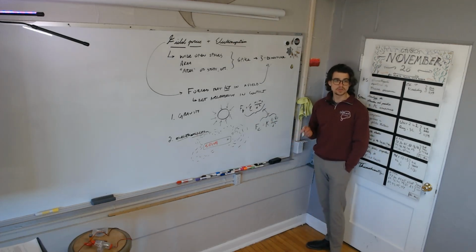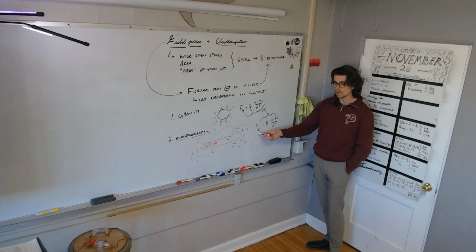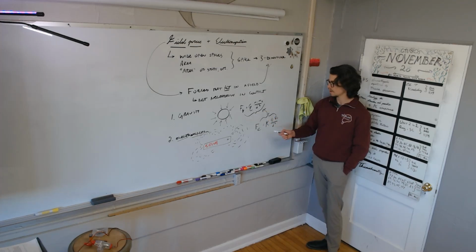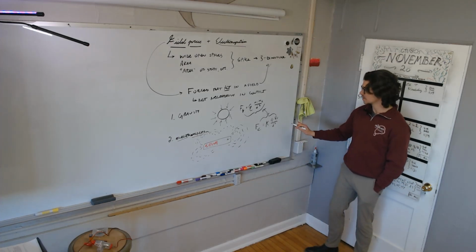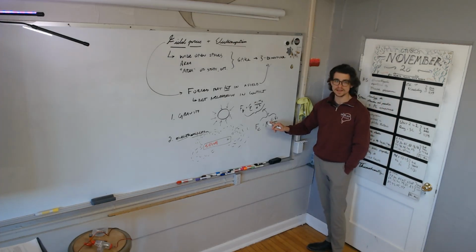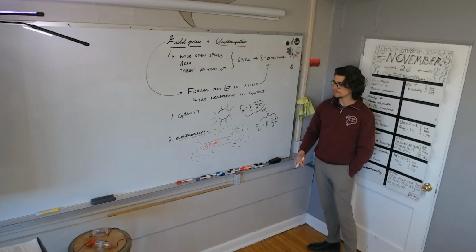The answer is yes. You should see the similarity between these. A field force is equal to some universal constant times the quantities on which that depends divided by the distance between them. Now, one primary difference, obviously they're different forces, is that these charges can also be negative, which means that the electromagnetic force can either be negative or positive, which means it can either be, in the